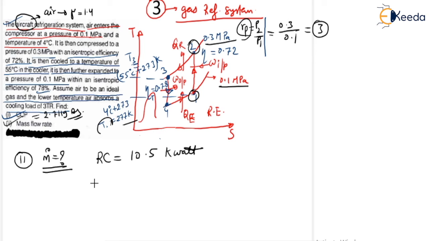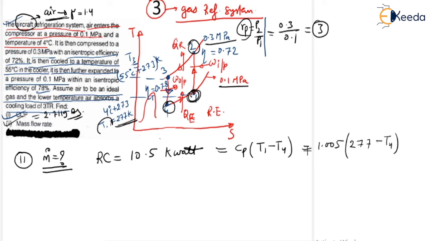We just saw this a moment ago, okay? So what is the standard formula of your refrigeration capacity? The standard formula of refrigeration capacity is nothing but this temperature difference, T1 to T4, okay? So T1 minus T4. And for aircraft, air works as the refrigerant. So the value of CP for air is nothing but 1.005. And what is the value of this T1? The value of this T1 is nothing but 277. Okay, this is your T1 value, and your T4 value is unknown.